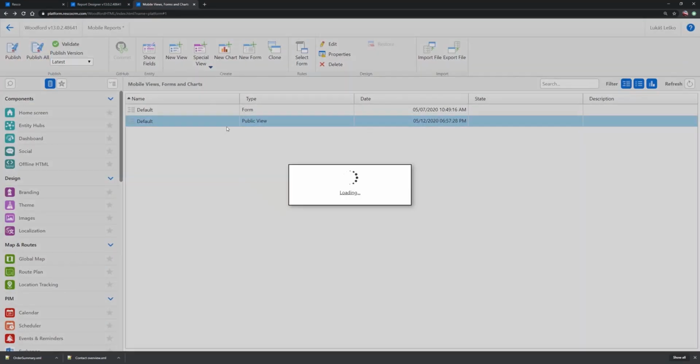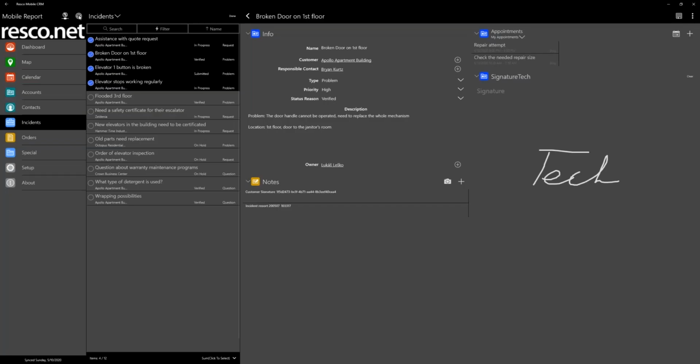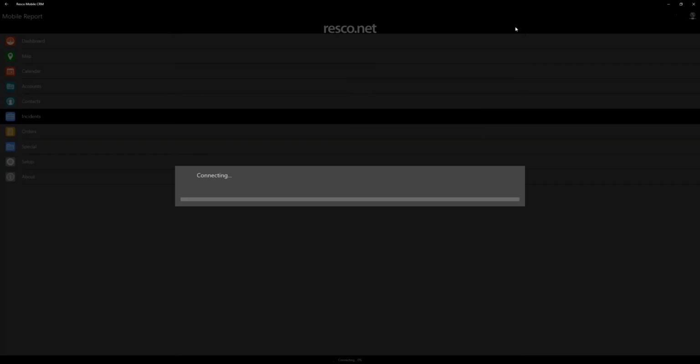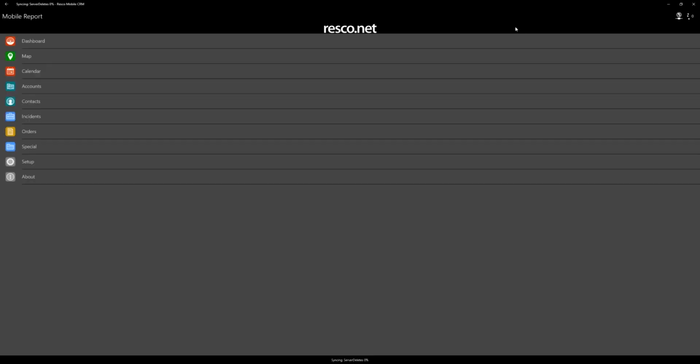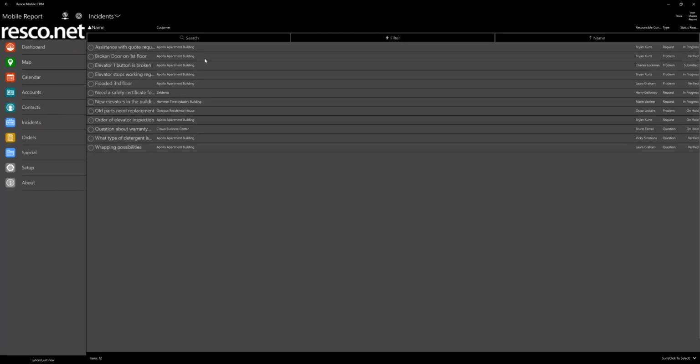Save and close and publish. And because I changed the project, I of course need to synchronize. And when I go to my incidents again and use the multi-select,